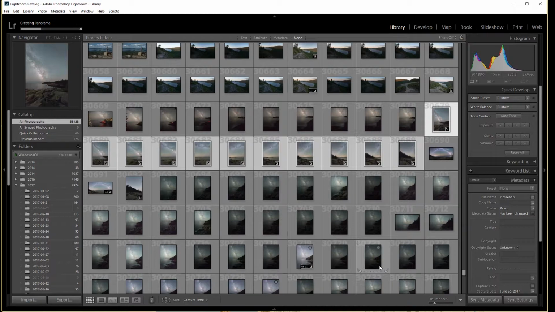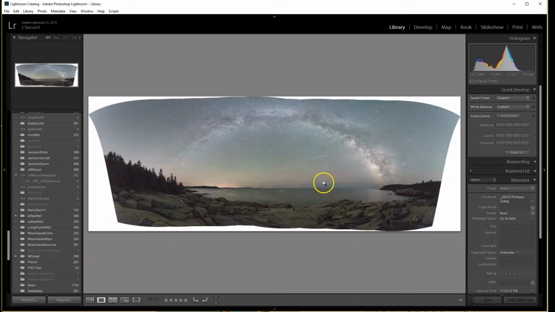And Lightroom is going to go through. This usually takes a minute just to stitch the panorama. Alright, actually pause the video and just let this do its thing and load, because it took a little while. It's a fairly big panorama, so